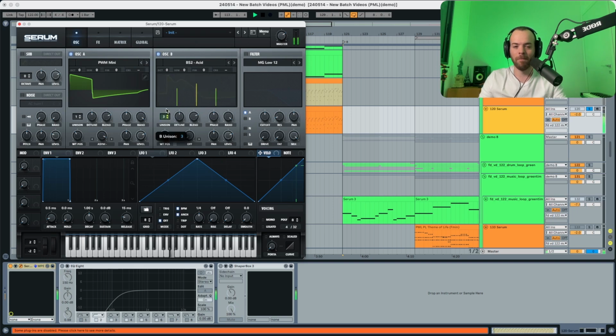Unison to 3 makes it a bit stereo, but detune a little bit down. Makes it a little bit less troublesome, let's say like this. But now the wet position. And we're gonna select FM from A. Levels as they are, but now we're gonna go into the sub and we're gonna select a triangle. Octave on,